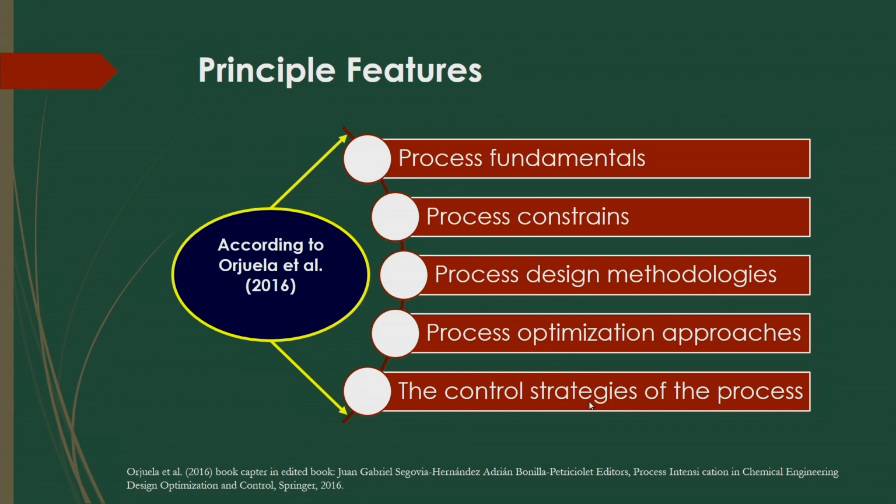Sometimes, if you reduce the variables, you have to consider the intensification of the process. You have to develop new methods for that process, so that you can use a smaller number of variables for that particular operation. So, you will get fewer constraints for that particular process. Also, for process design methodologies, you have to design the methods in such a way that they are sustainable, eco-friendly and economic.